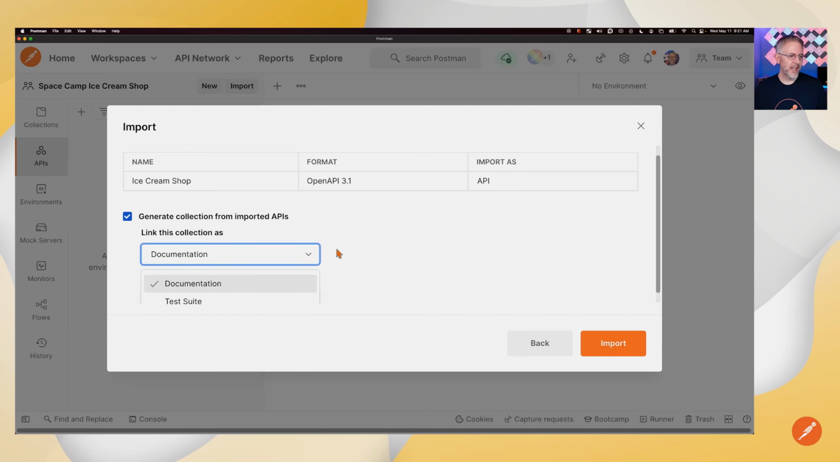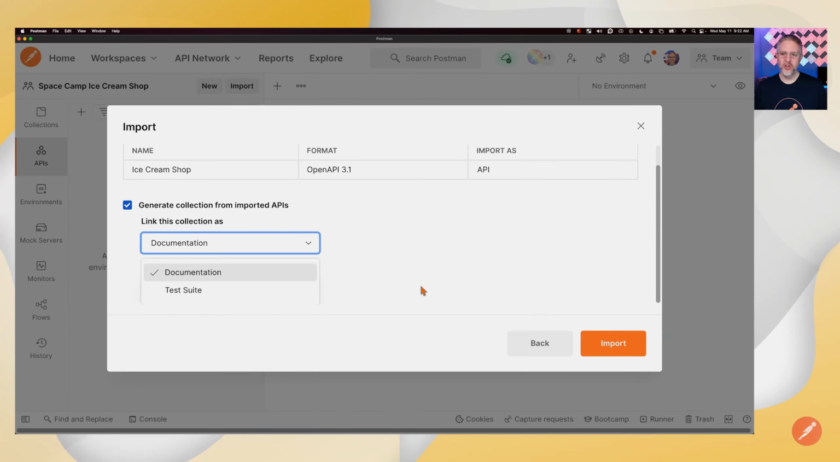So this dropdown right now defaults to documentation, but we actually want to change this to test suite. The reason that we give you this choice is because the application is going to generate a collection of requests for each of the endpoints in our specification and either build out a framework of documentation or start to set up some testing validations. You can always add the other one manually later on, but it's important to know that